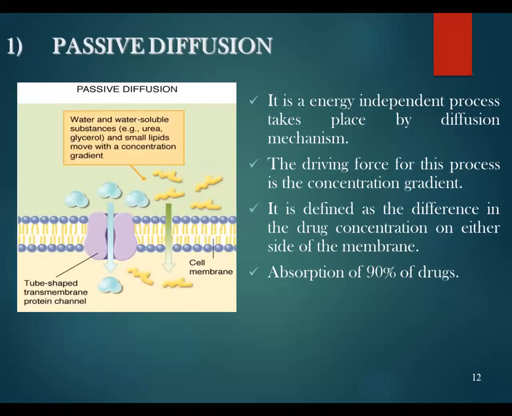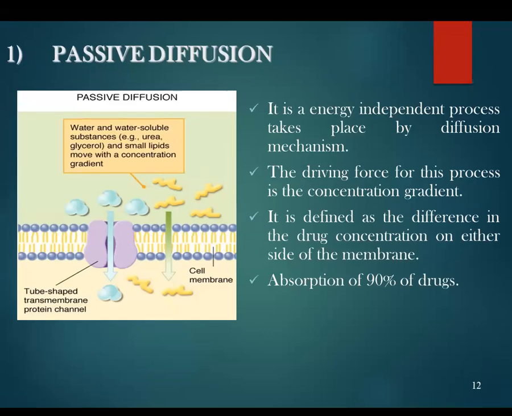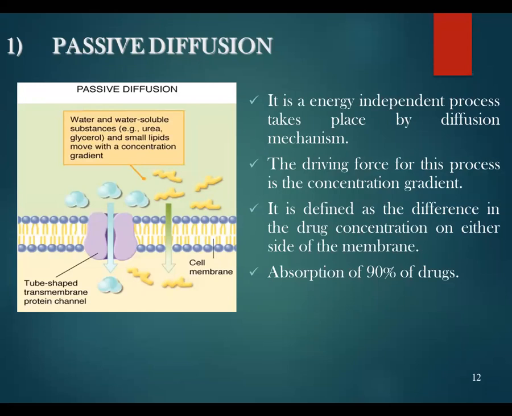Now let's learn the first one, that is passive diffusion. Look at the diagram carefully and analyze. You will understand, the pictorial representation always gives us a better idea. So if you look at the diagram, you can see the bilayer structure, right? The plasma membrane bilayer structure is visible. Also, you can see one protein